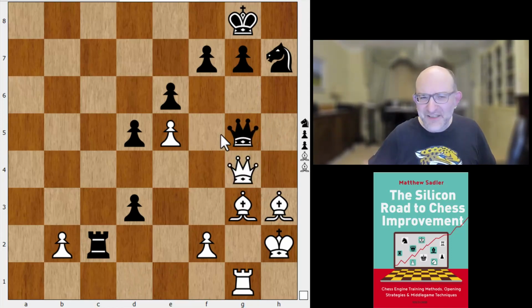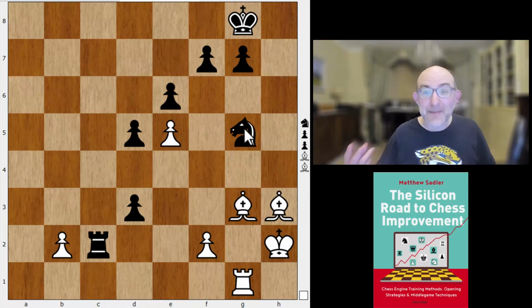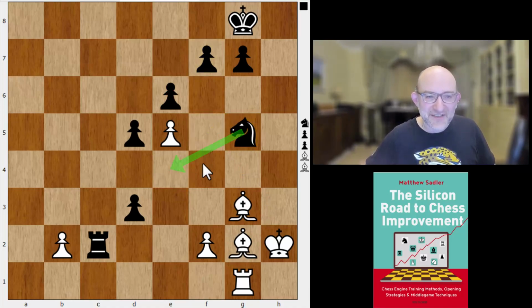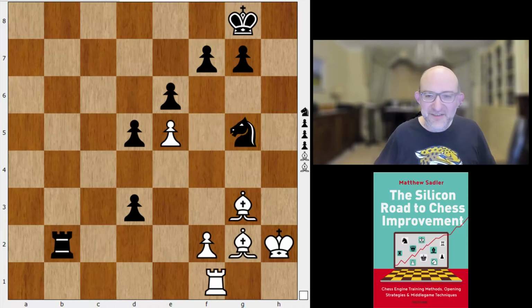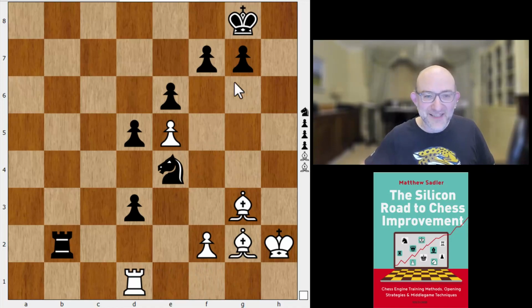So I don't know. I'm slightly unsure about whether White could have found something better in this position. But White took on g5, and this is perfect. You're actually a tempo up on that other line now. So bishop g2 played to keep the knight out of e4, but rook b2, rook d1, knight e4,